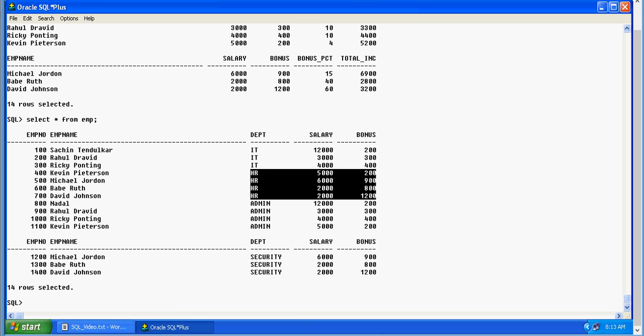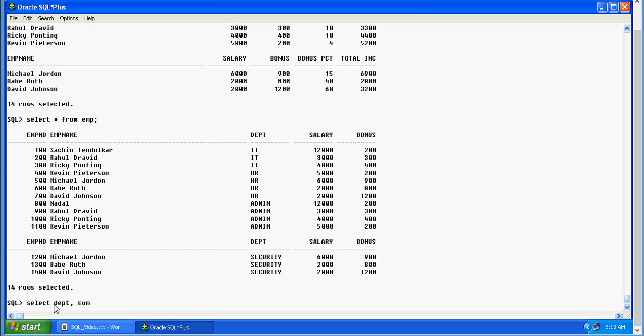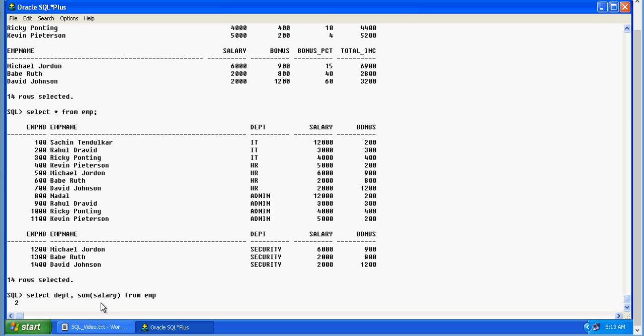Select department, which is here. Sum is the function which is used for total. Sum of salary from EMP table. Always remember, whenever you apply an aggregate function like sum, count, average, minimum, maximum, it should always be accompanied by a clause known as group by.